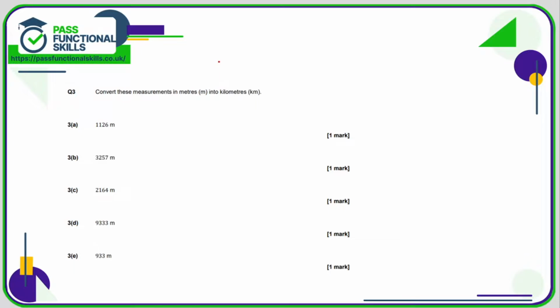Question 3, we're converting metres into kilometres. Well, 1 kilometre equals 1,000 metres. So if we're converting kilometres into metres, we're multiplying by 1,000, and metres into kilometres, we are dividing by 1,000. So here we need to divide all of these numbers by 1,000, and again it's probably easier if you write the number as a decimal, so